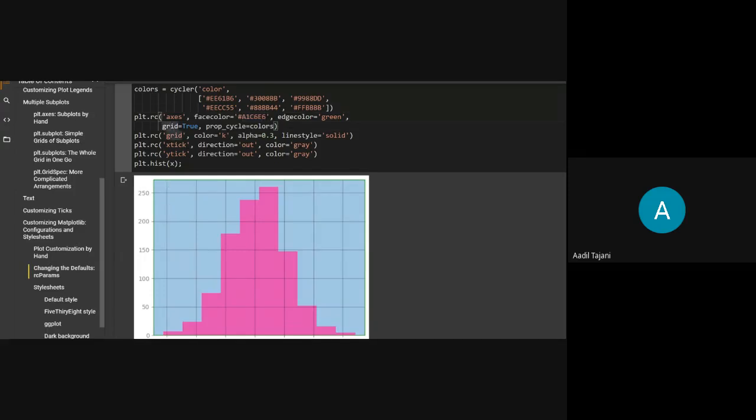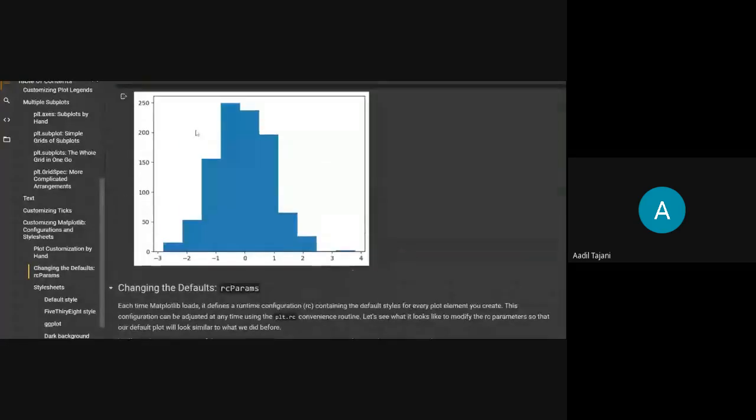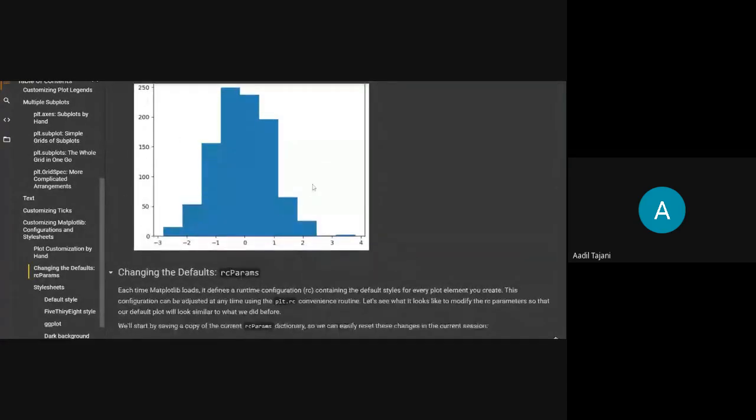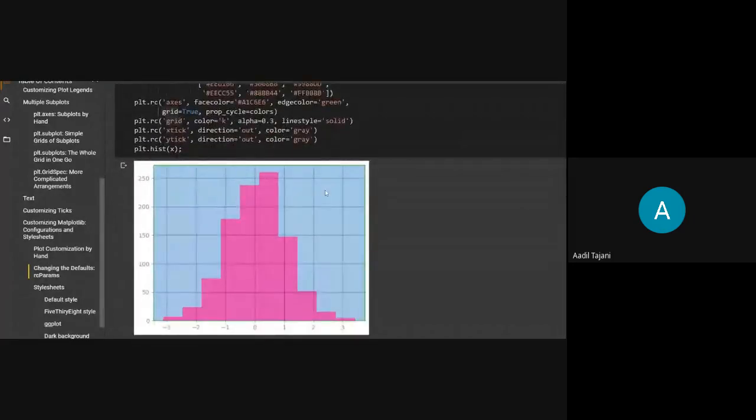Okay, then by default, if you see here, there is no grid. There is no grid on the x axis and y axis. And if I set grid equal to true, it will give me a grid automatically. And prop cycle is a parameter for cycling through colors.